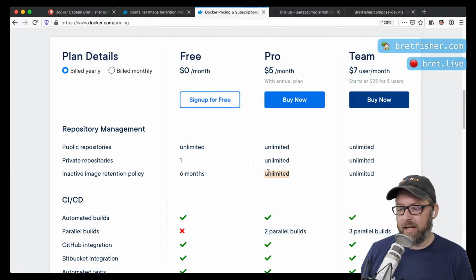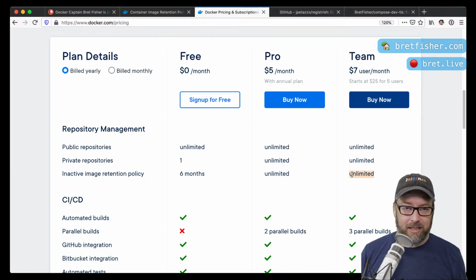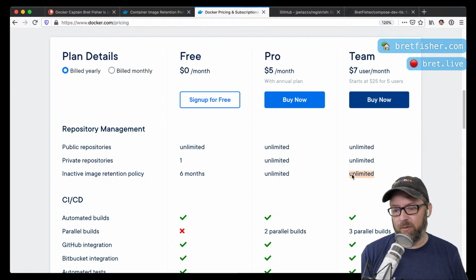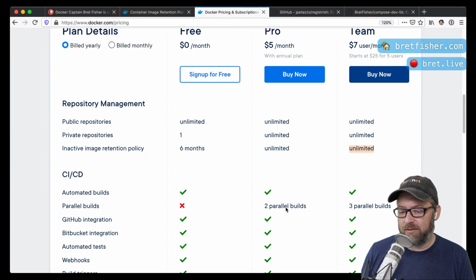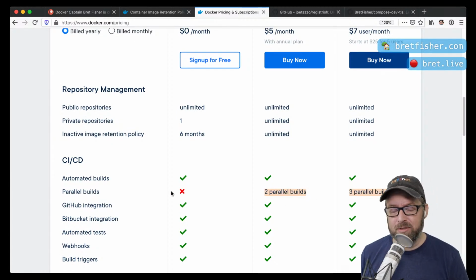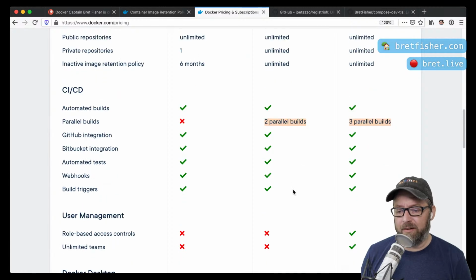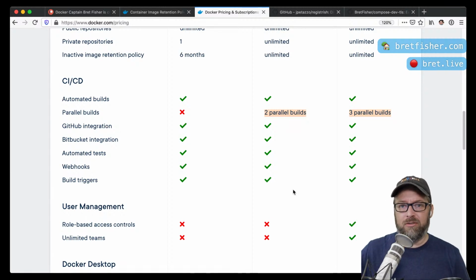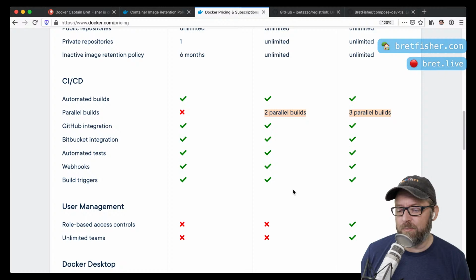If you pay for an individual account at 5, or if you're an organization and you start paying for team accounts, the difference of a team account is that it's a part of an organization. So slightly different than a pro account, which isn't managed by an organization. The team account is. There's also a limited builds parallel stuff. If you're building a lot of images all day long, you'll care about the parallel build stuff. But basically, for all of us that have been free, you may not have realized it, but when your images build, they're waiting on the previous. You can only build one at a time, essentially, in your account.